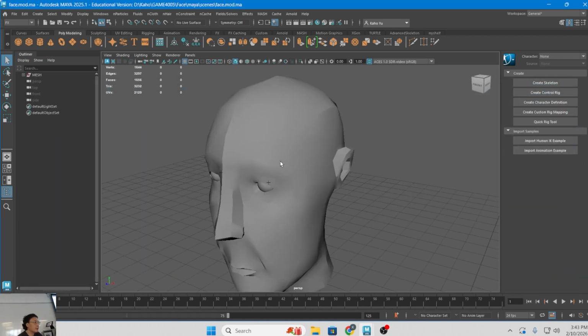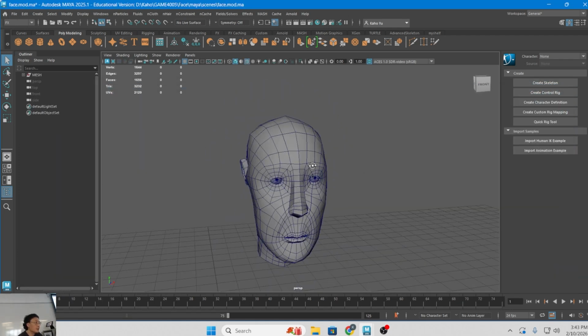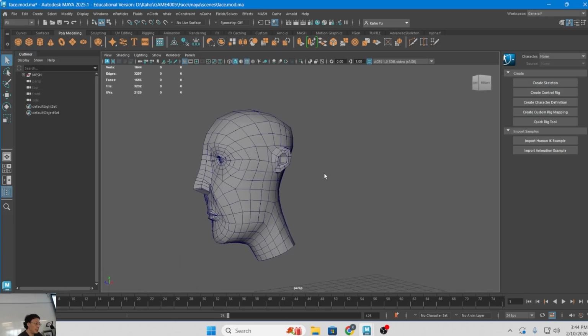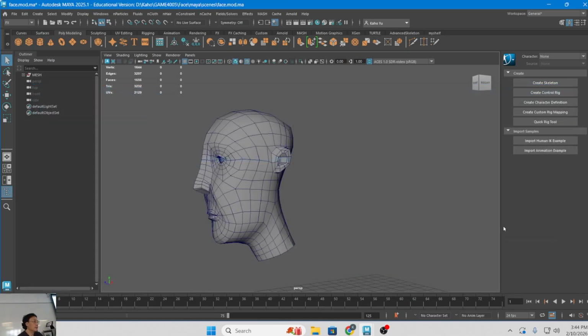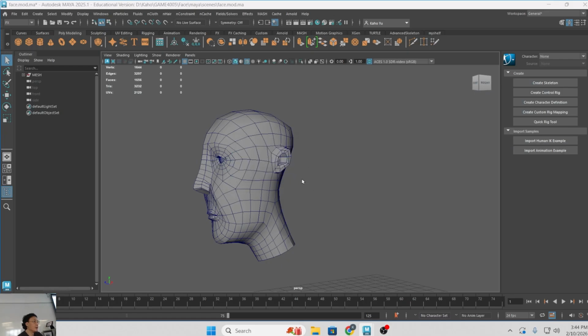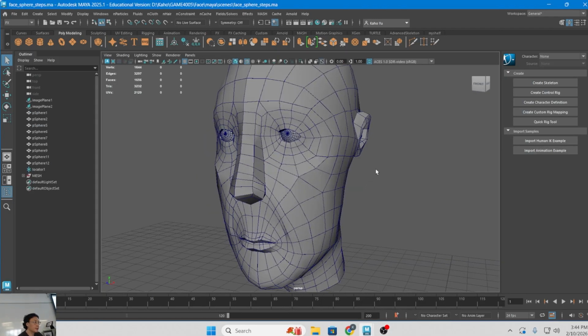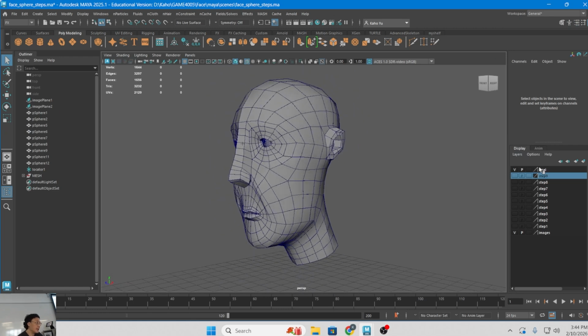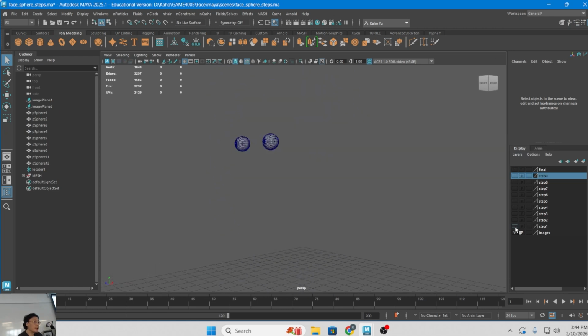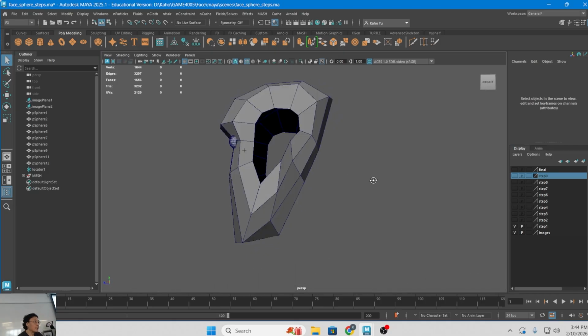face.mod.ma. This is the completed version. And there's another one, face spheres steps, that have all the steps from the very beginning to the end. Don't save. Right, so in this file, you see the final version in the final layer, but then I also included the initial steps,